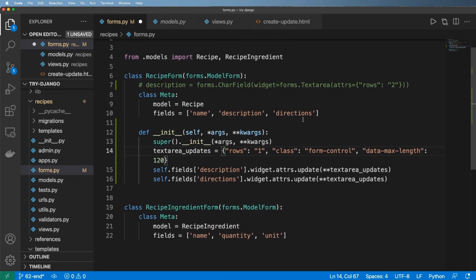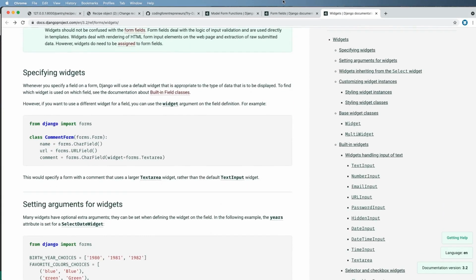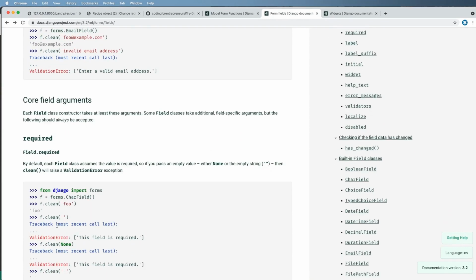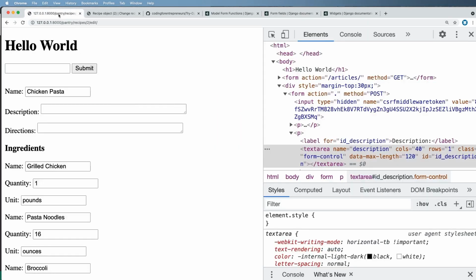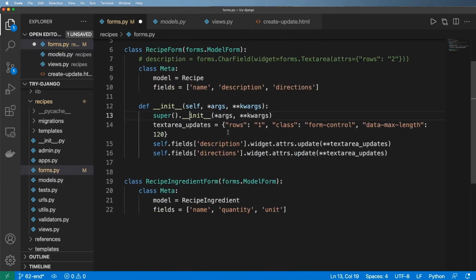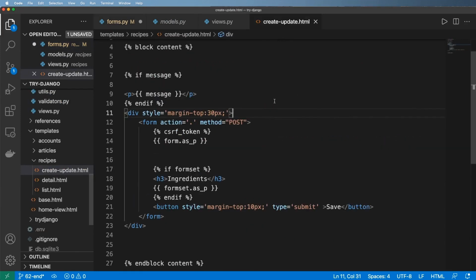Now, there are other arguments that we can add in to any given character field, such as required or blank or a label. Those things are very well documented in the widgets themselves, as well as the form fields. So if you need to add in required, for example, you can add it in right in there. Now, since I'm using a model form, all of those requirements are actually coming from the model itself, and something I'm not going to customize any further at this point. So now that we understand this, what I want to look at is one other attribute, and that is how these actually render out in the template. So if we look at home or